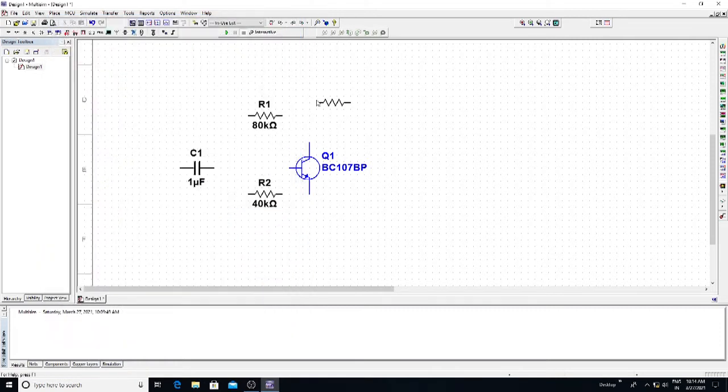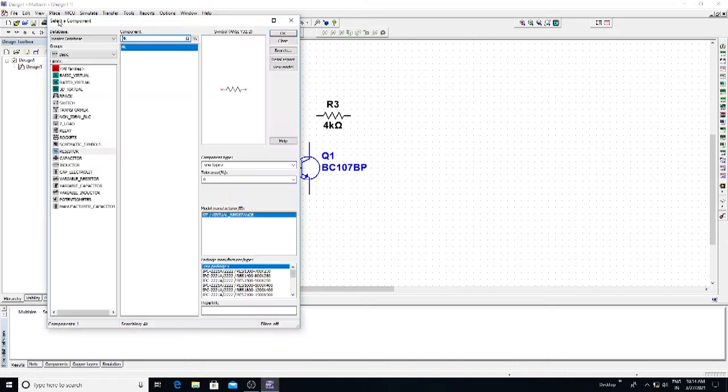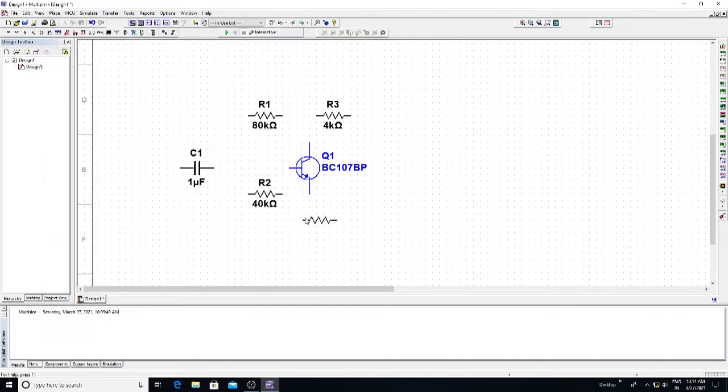Okay, place it near the collector end. Next we have another resistor at the emitter section. Same, go to Place, Component. The resistor is 3 kilo ohms. Type 3K, click on OK and place the resistor here.